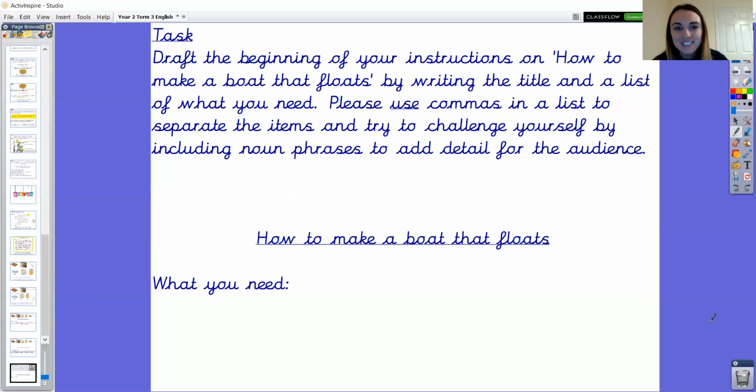Brilliant. Okay, so today the task is going to be to draft the beginning of your instructions on how to make a boat that floats by writing the title and a list of what you need. Please use commas in a list to separate the items and try to challenge yourself by including noun phrases to add detail for the audience. As you can see, I've underlined the word "use" before commas. The reason I've done that is because today it's your chance to use commas in a list, building on trying the skill yesterday. Okay, I've added the title here to help you, and the heading, if you would like to use that structure,